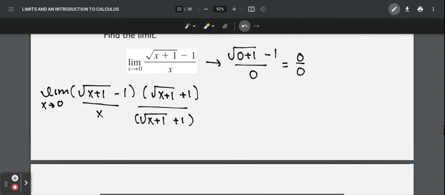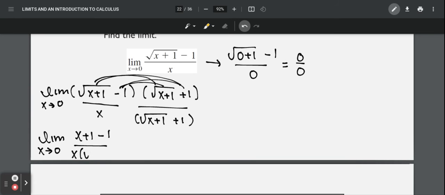So the goal in multiplying by the conjugate means we're going to eliminate that radical in the numerator this time. So when we FOIL this out, we would have the limit as x approaches 0. Our numerator, when we have root x plus 1 times root x plus 1, we just get x plus 1. We get the plus and the minus, so that middle term becomes 0. And then negative 1 and 1, we get minus 1 over x times the square root of x plus 1